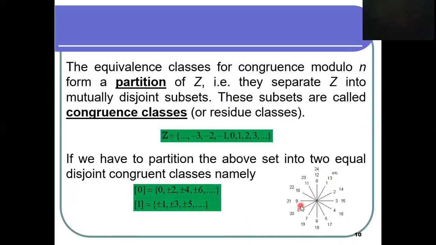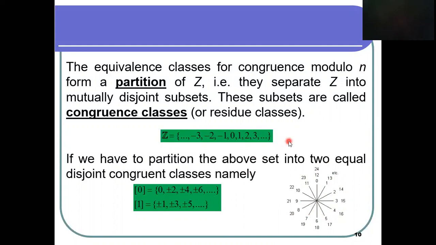If you look here, our daily time represented on a clock is under modulo 12. It starts from 0, 1, 2, 3, 4, 5 up to 11. Then this is 12, then 13, 14, and the same is the case, it rotates, and the 24 hours will be placed on this clock. So this is one of the practical applications of modulo classes or residue classes.